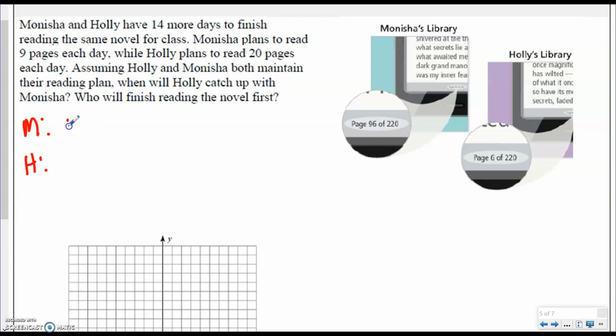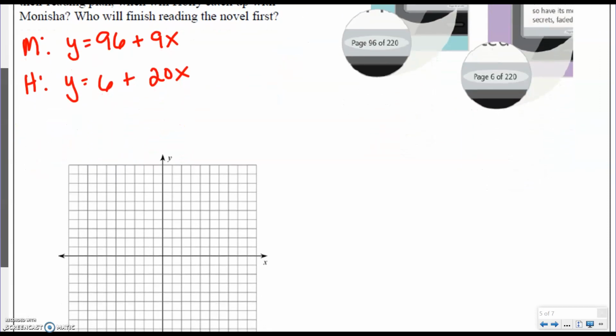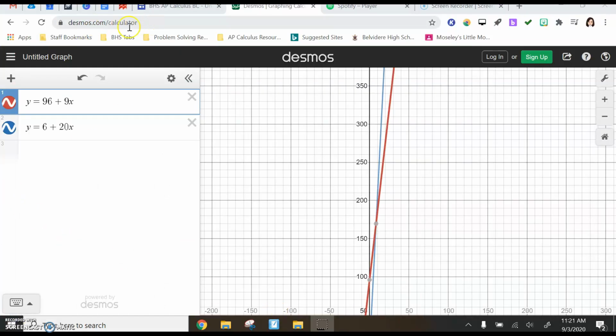So for Monisha, she has read 96 pages and is reading 9 pages per day after that. And Holly has read 6 pages and is going to read 20 pages per day. So to graph this, we really need to go by like tens here to make sure it fits. So 1, 2, 3, 4, 5, 6, 7, 8, 96 would be right here. And that's a really big graph. So what we're going to do is we're going to step away, jump into Desmos.com or the Desmos app, and